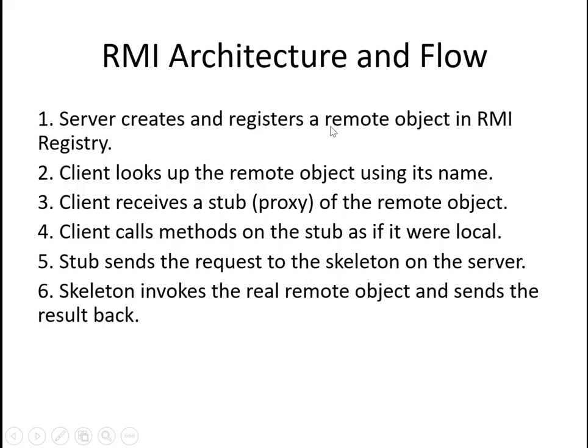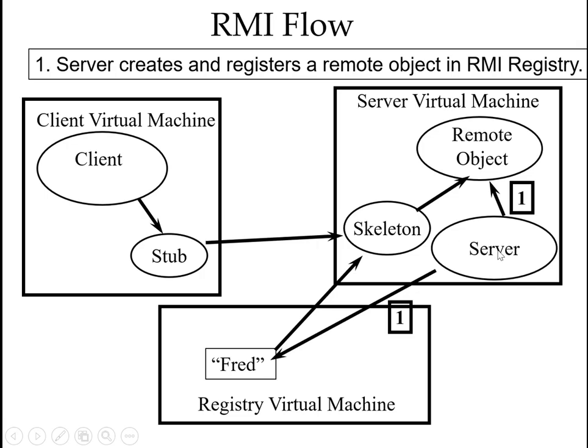So look at here, this is the architecture, the RMI flow. It starts usually from the server, which creates a remote object. Let me show you. So usually the server creates a remote object and saves it into the RMI registry. So what is a remote object? This is the task you are going to perform over the network, right? So the client always looks for the remote object, depending on the scenario. So the server creates a remote object, and that was saved into the registry. And then after, the client